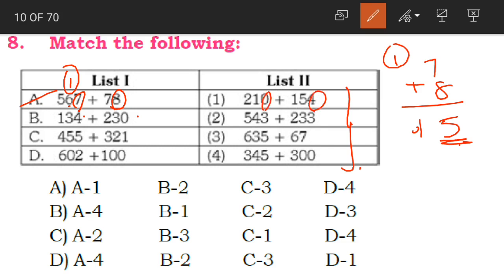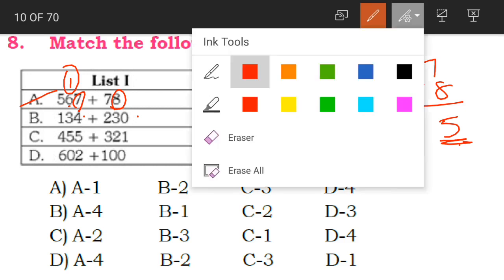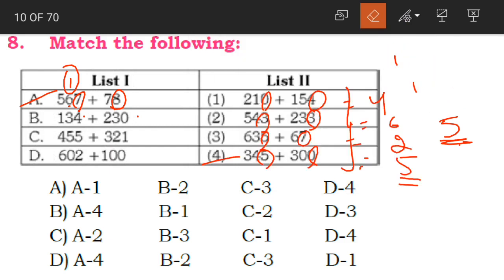See here, 0 plus 4 is 4. Here 3 plus 3 is 6. 5 plus 7 is 12. So we'll have 2 here. 5 plus 0 is 5. Yes, children, only option 4 will have 5 in the units place. So what can we say? We can simply say that the correct answer for option A is option number 4, even without solving it. Or else you can solve and cross check also.